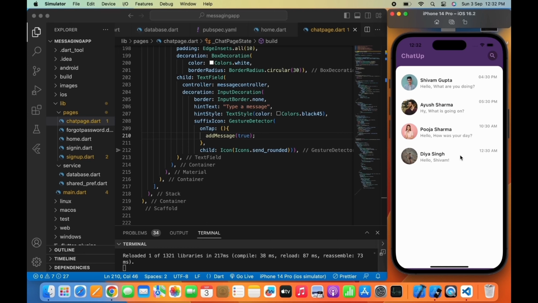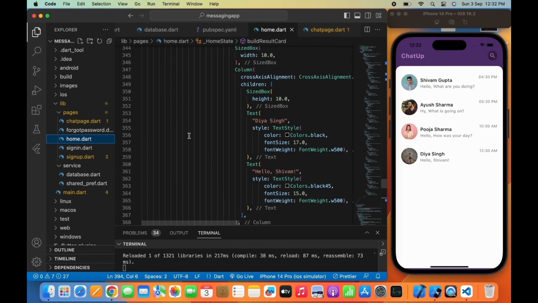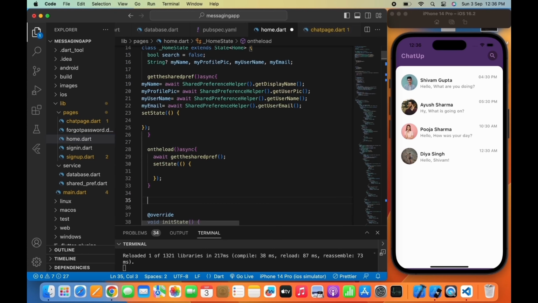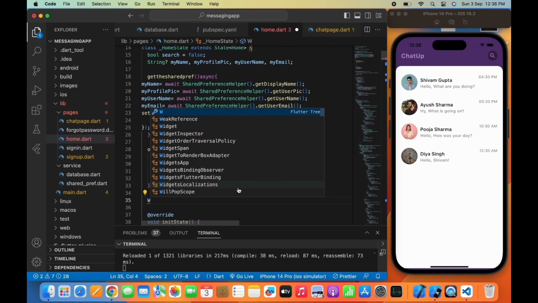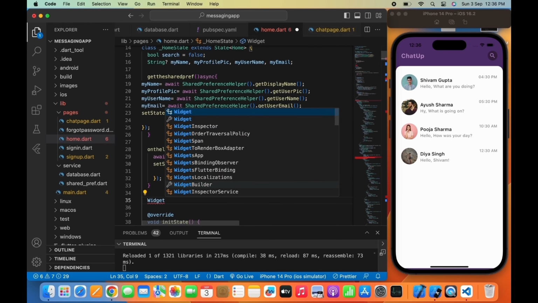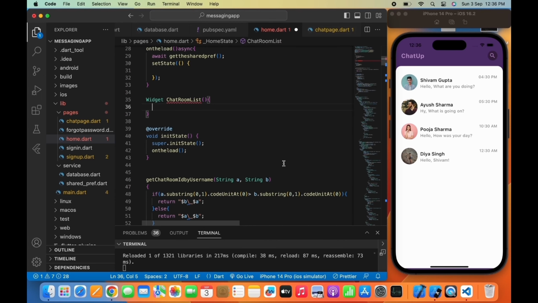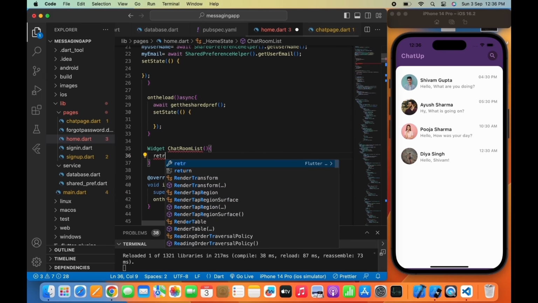Now let's move to the homepage.dart file again, and we want to show all the last chats or previous chats inside our home page. So now let's call all the chat rooms from the Firebase Firestore where I have a chat with a specific user. I will create a widget named chat room list here to get all the chat rooms inside our home page. So I will again use a stream builder here